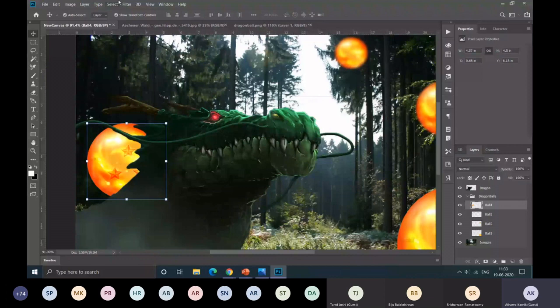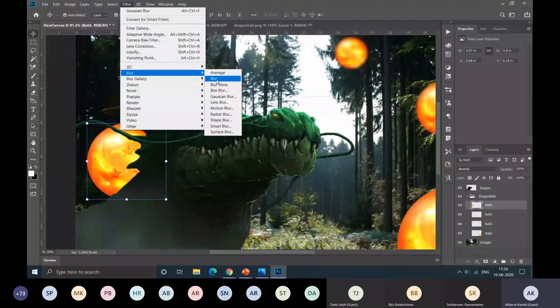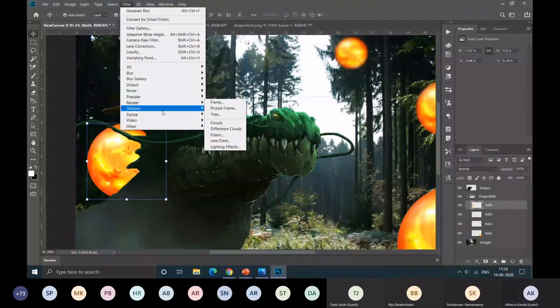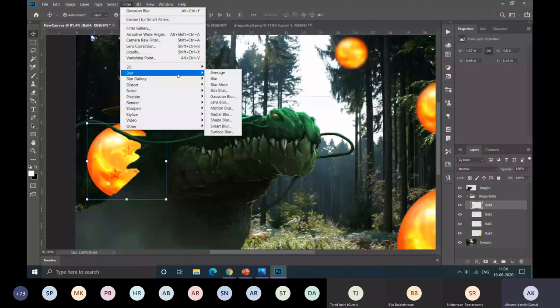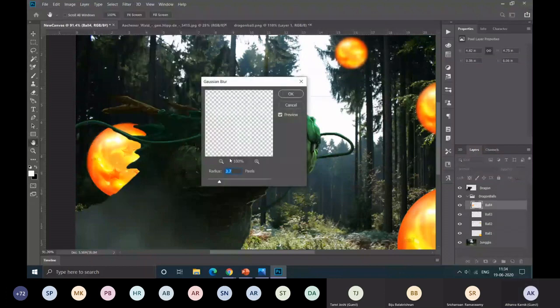You can see that there are various more filters like noise filter, render, sharpen, etc. And you can just go and experiment that. There are many options. So go to blur, Gaussian blur. You can decrease the radius some. Yeah, that's okay. Another balls have been blurred.